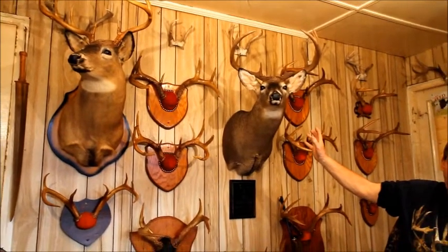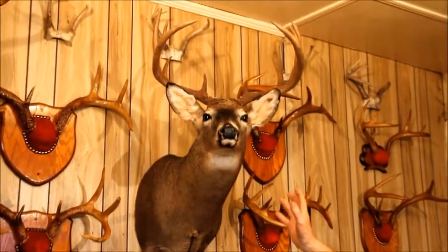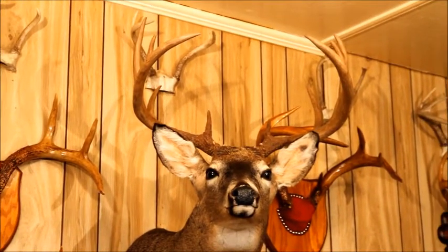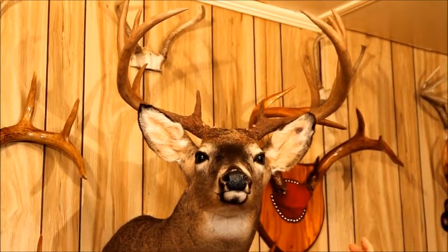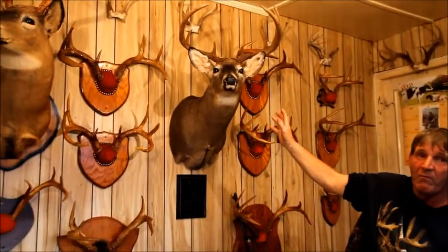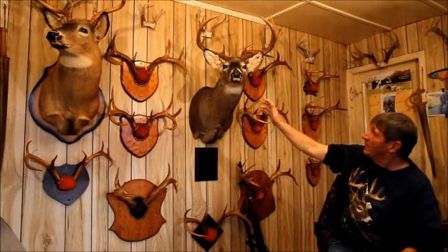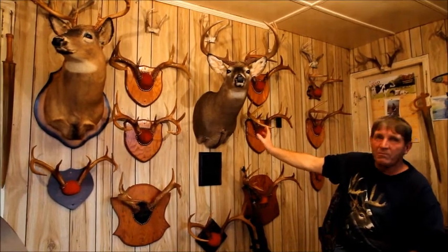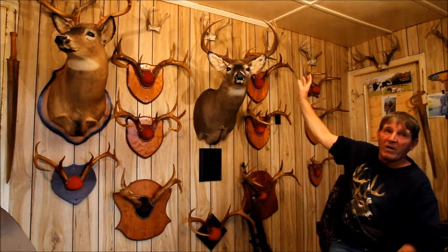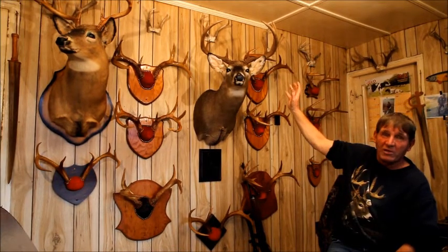Now the 11-pointer here, Stumpy, where he ended up and where I got him was out in that same type area as I just described to you as the 8-pointer was in, but he didn't come from there. This buck was born and raised either in a big woods pine or a hemlock ridge that probably stretched for miles, or down in some black spruce thicket. So that's why he's got the darker face, a lot of dark hair running through his neck and his body, so he would blend in. Look how dark colored chocolatey brown horns. He was adapting to survive in the area he raised up in, where he grew up, being a darker phased deer,